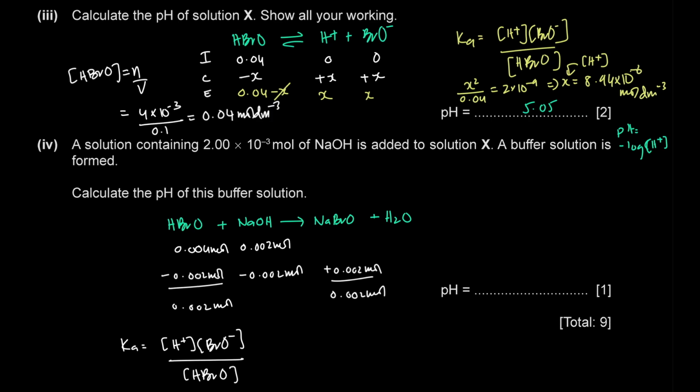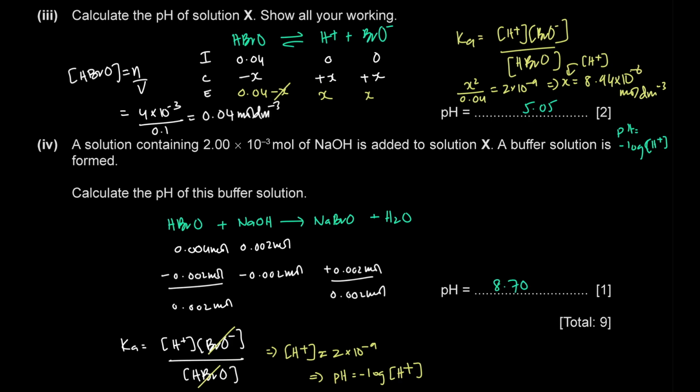Since we have equal amounts of the acid and the conjugate base, the BrO- and the HBrO will cancel each other out. So Ka is equal to [H+], which means the concentration of H+ is simply the Ka, which is 2 × 10^-9. That's the Ka, and therefore the pH is just the minus log of [H+], which is equal to